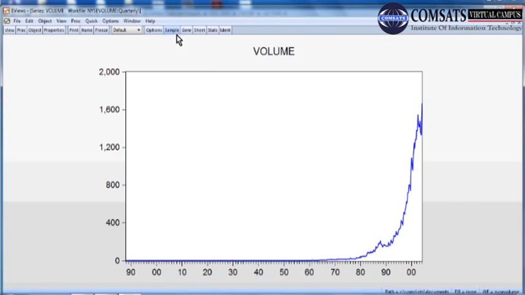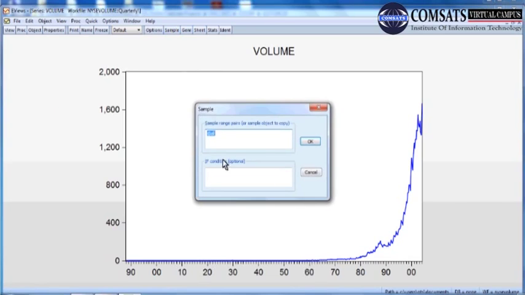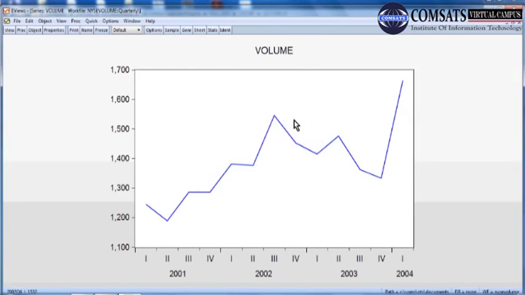Sorry, I did not put the last value. I called it all. So this was a mistake. I do it again. Say it is 2001 Q1 and then a space, and then we say @last for the last value. I think it should accept the last value. When I press OK, yes, the last value. Actually, I did not delete all last time, so I made a mistake intentionally.